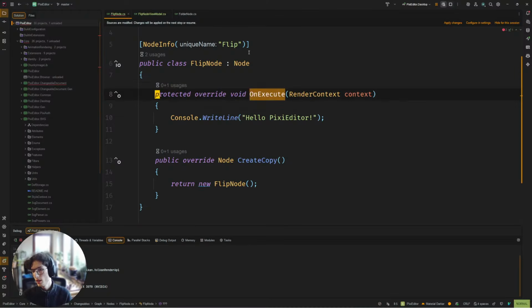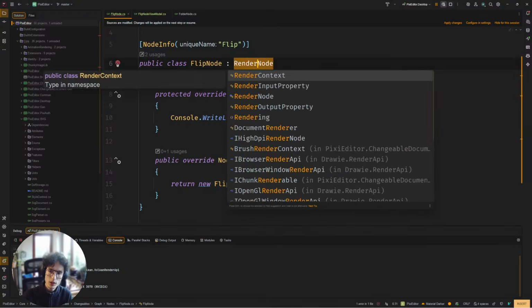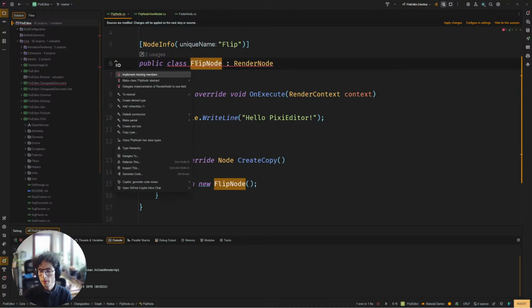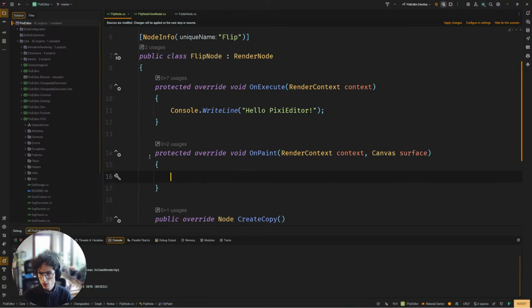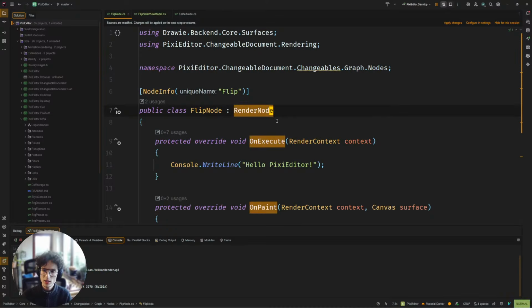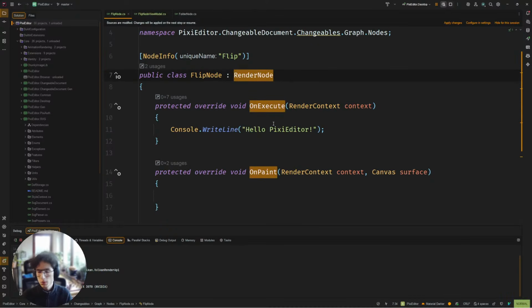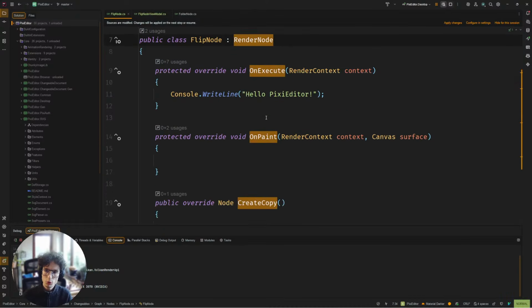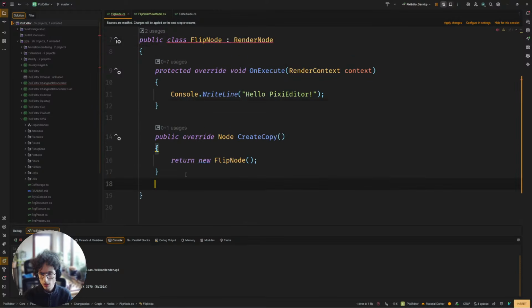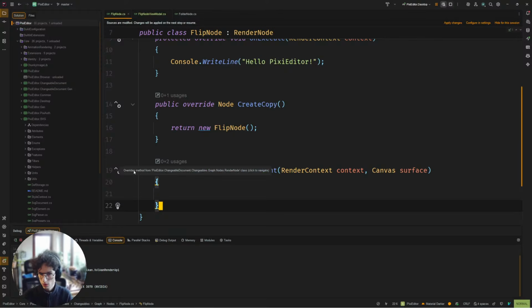Actually, I'm just gonna use render node for now, so we're not gonna focus on creating inputs yet. We can ignore this for now, but in short, render node basically has some boilerplate for creating nodes that do something. We're gonna use it soon, but I'm just gonna create it just to show you how you can connect